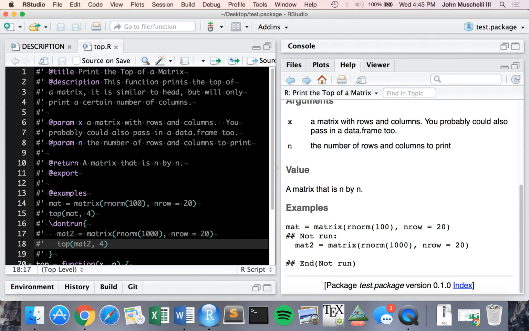And then these are examples, and it can run for multiple lines. If you don't want something to run, you encapsulate it in this don't run little environment. Okay, so before I take out export, I'm going to look at one last file,